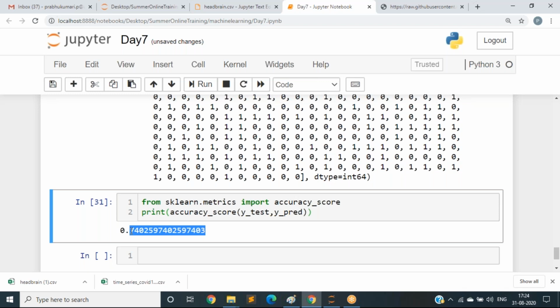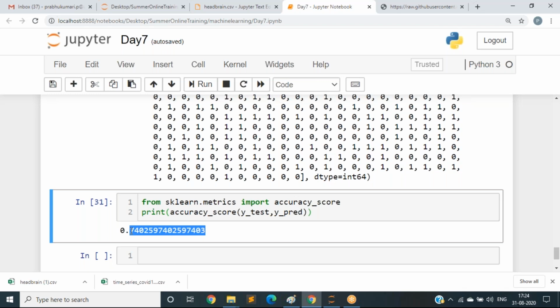Based on the data, you can select the algorithm. But there is some disadvantage in this algorithm: it takes more time. Why does it take more time? It has to form all the possible decision trees, right? That is why it takes some time in the random forest algorithm.